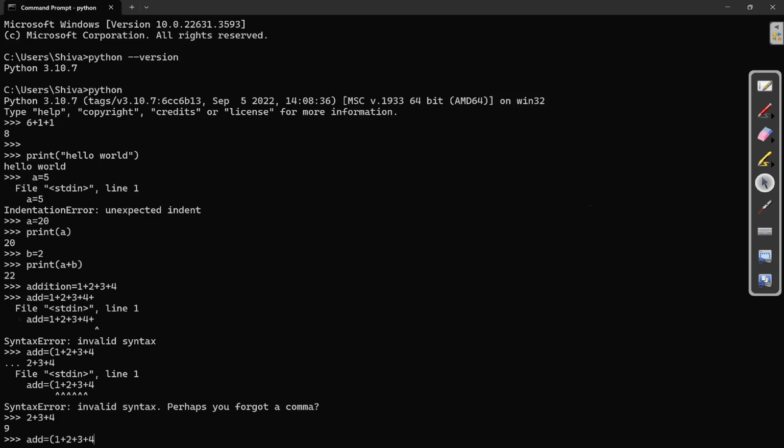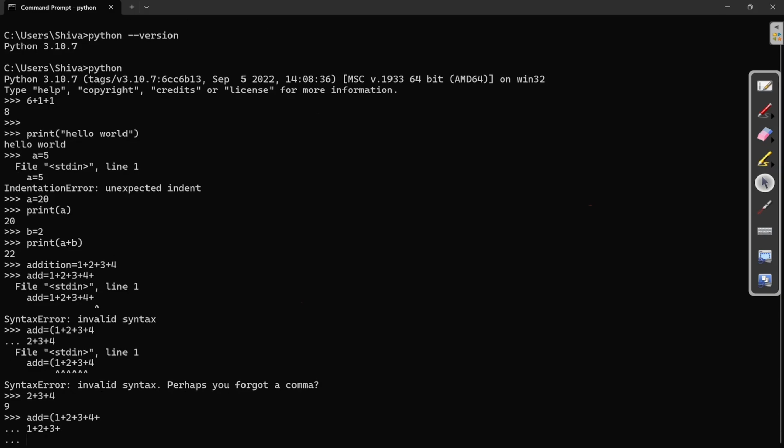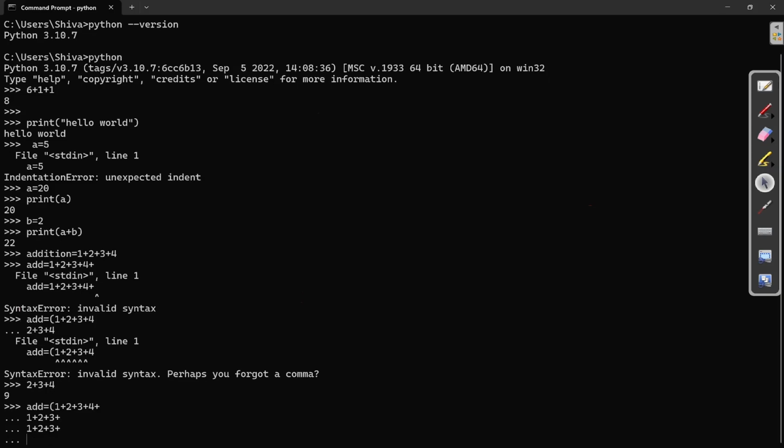This one plus 4, then I need to provide plus, then moving to the next line, then 1 plus 2 plus 3, then plus, then click on enter, moving to the next line, then 1 plus 2. Now I am going to close the bracket.